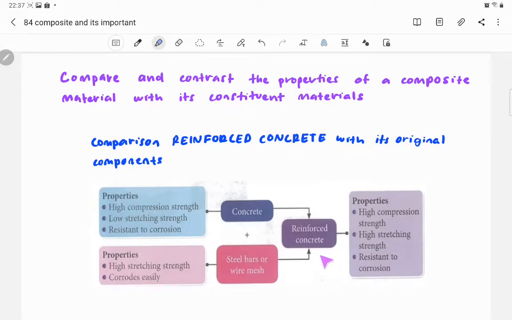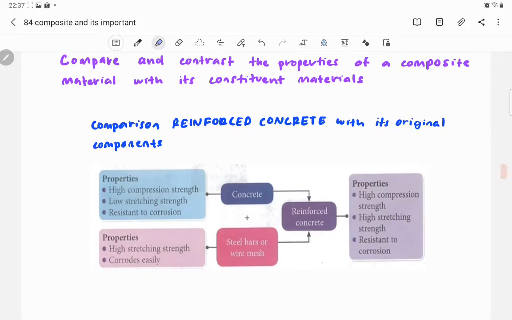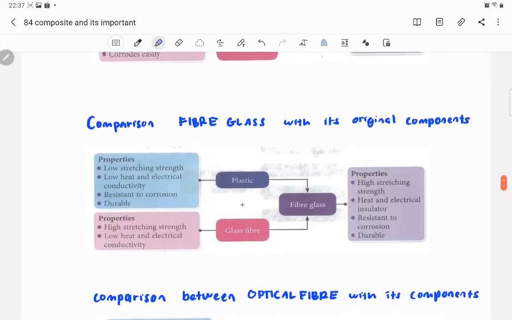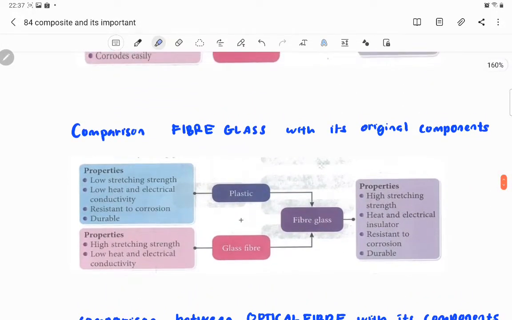So ini adalah dia punya comparison between the reinforced concrete with its original component. Okay, so we proceed with the comparison fiberglass with its original compound. Okay, so as you can see, plastic,